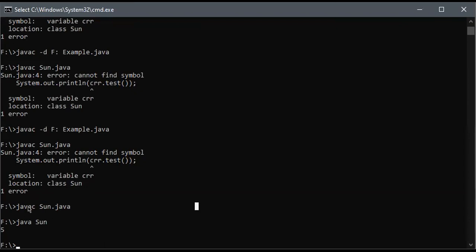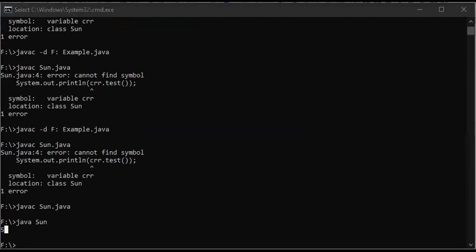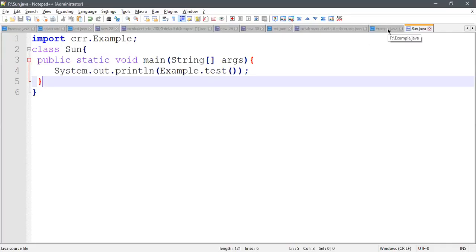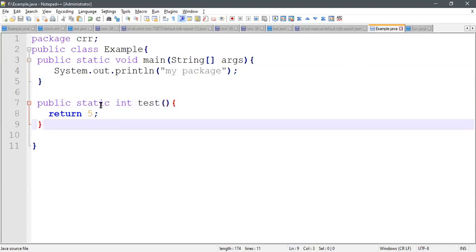After compilation, after running the program, we got 5. Why did we get a 5? Because inside the test method, let me show that. Inside the test method, we have a 5 over here.